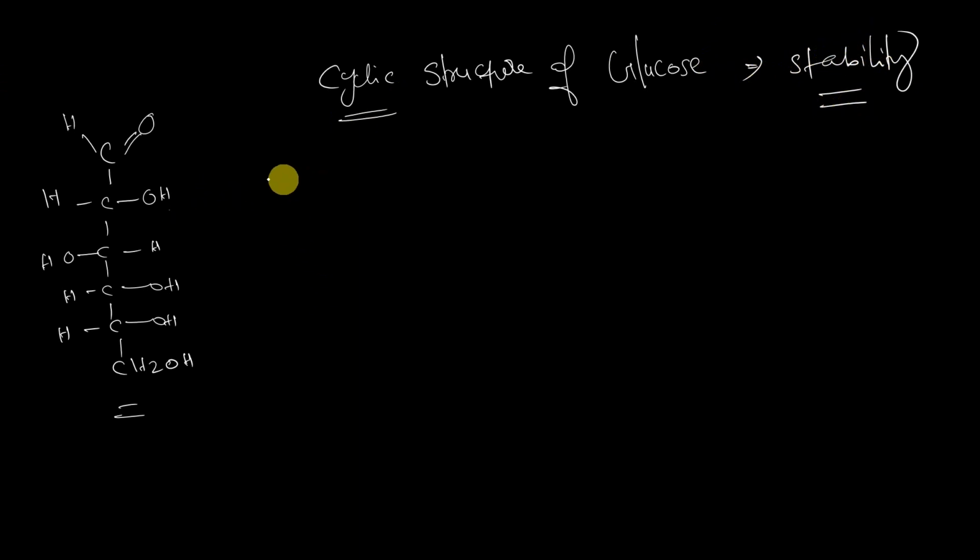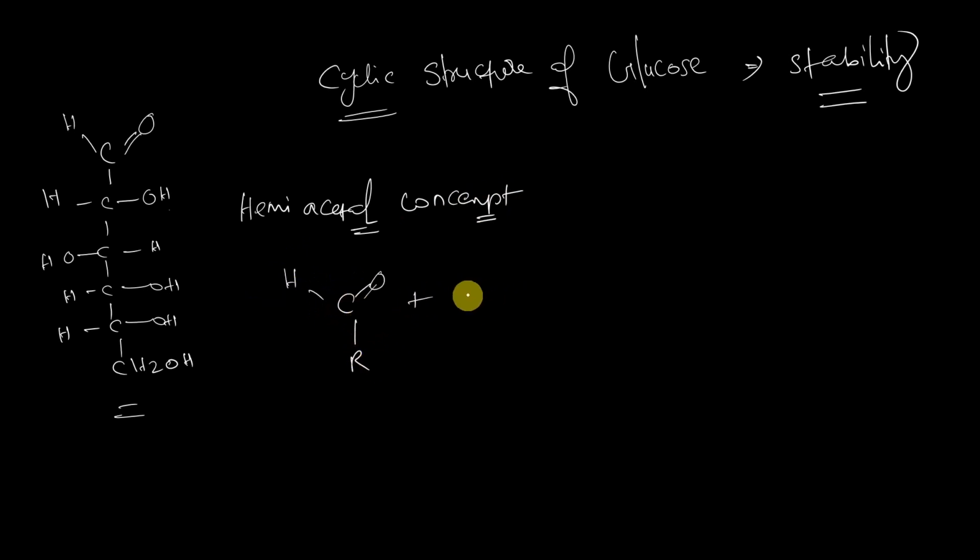Before getting into the cyclic structure, let us get into the concept, that is the hemiacetal concept, right? Listen carefully. This is most important to understand the remaining structure of this glucose. Consider an aldehyde. This is an aldehyde, right? RCHO is an aldehyde. When it reacts with an alcohol,